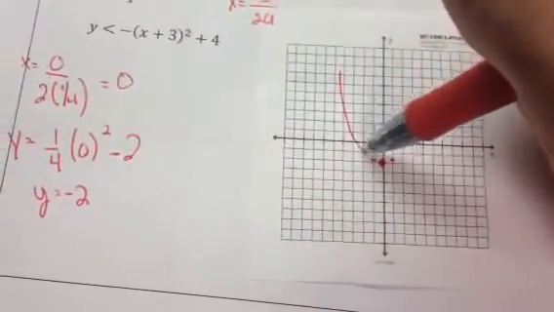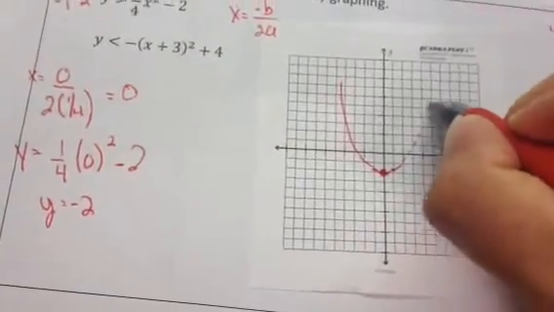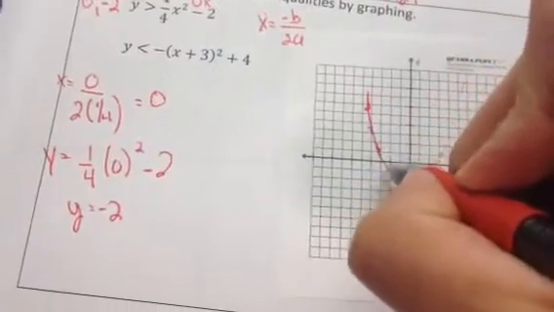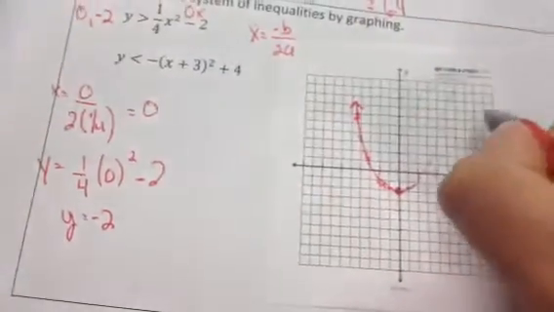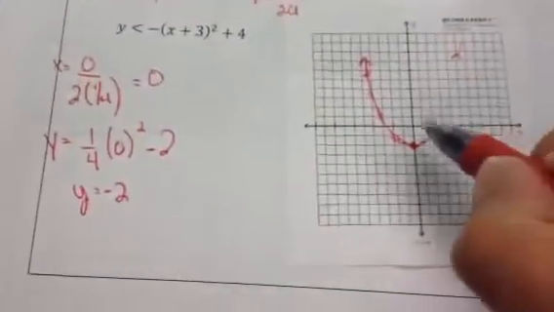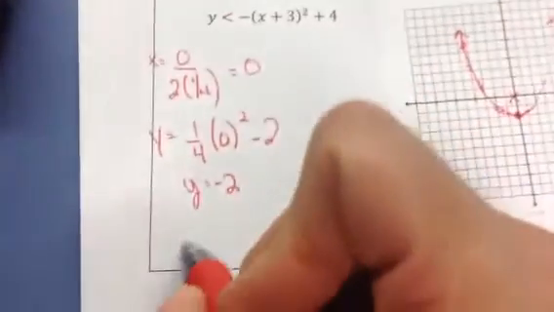Sorry, and I should be doing this with a dashed line. I'll fix that here. Imagine this is dashed. Okay. And now I want to see, should I shade in the U or outside the U? And so I'm going to test this point 0, 0 because it's not on the U. So if I test 0, 0